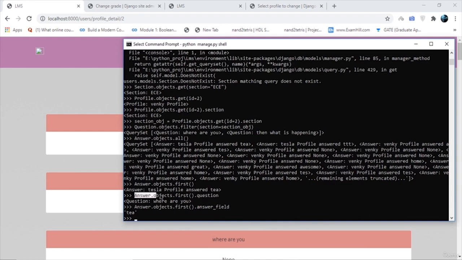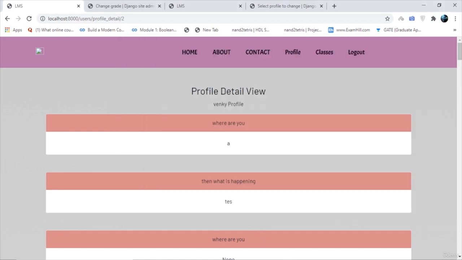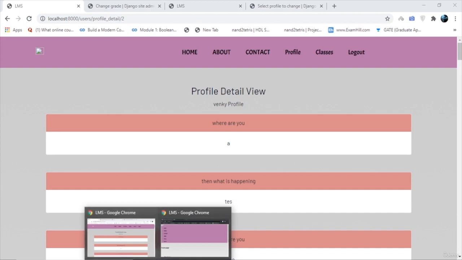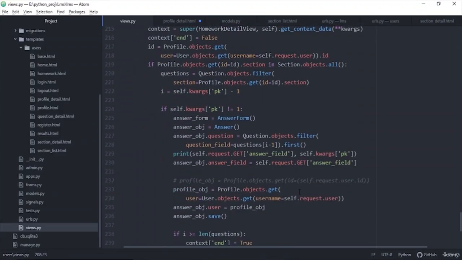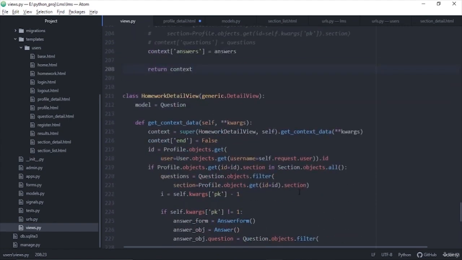If we need questions, the answer is already available with this answer, so we can just get the filters based on the particular user. Up next we'll be implementing how the user is going to answer. It's just the same logic but with